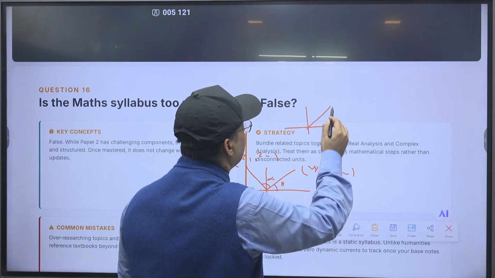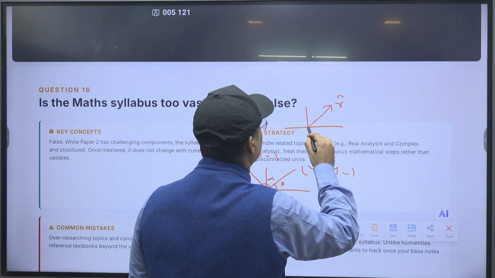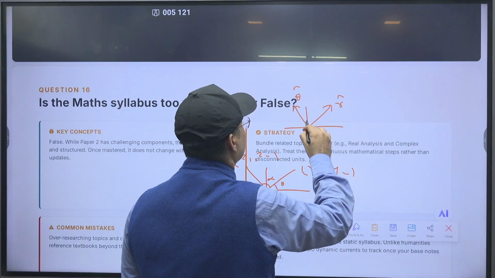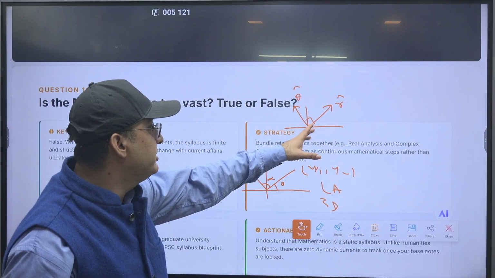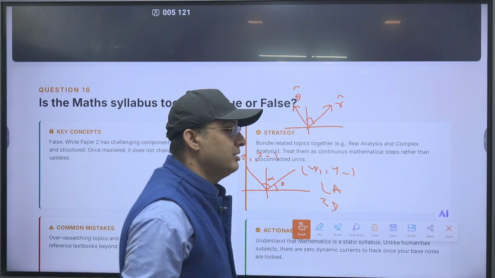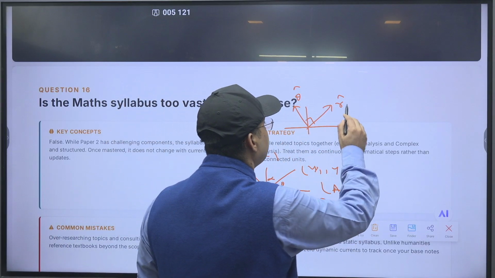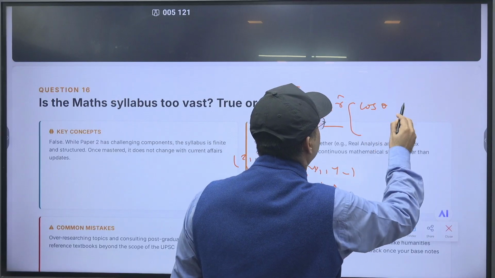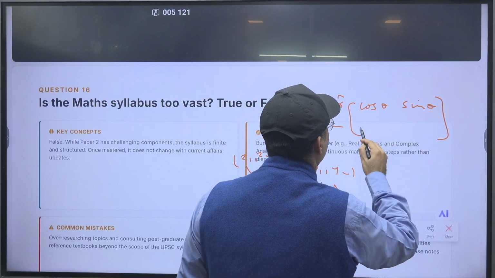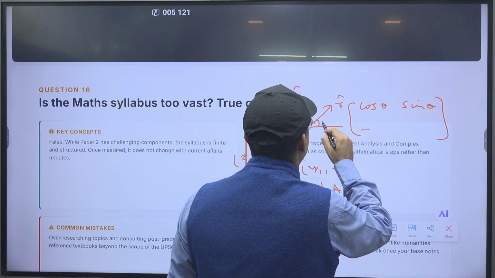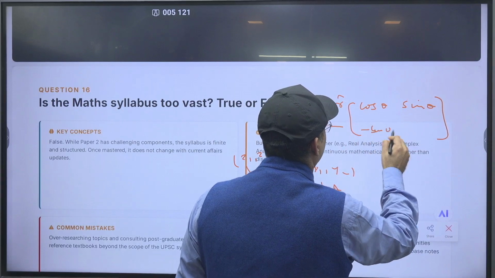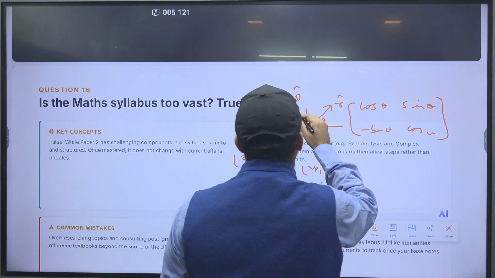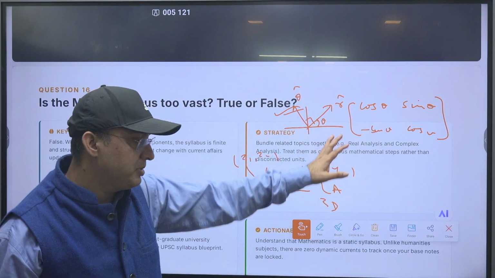That is, if I have this radial velocity and this tangential velocity, they are mutually perpendicular. So basically, I am rotating it by 90 degrees. This is the standard basis, rotated by 90 plus theta, right? So it is minus sine theta, cos theta. So here I study in dynamics the same approach as in linear algebra, the same thing.